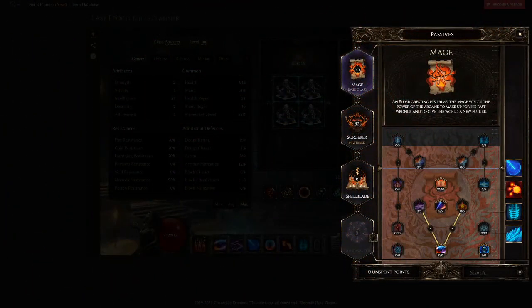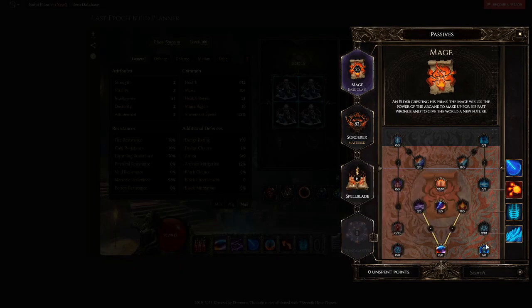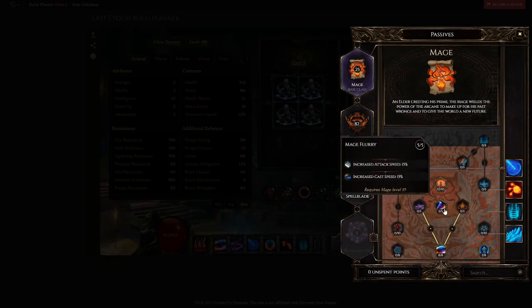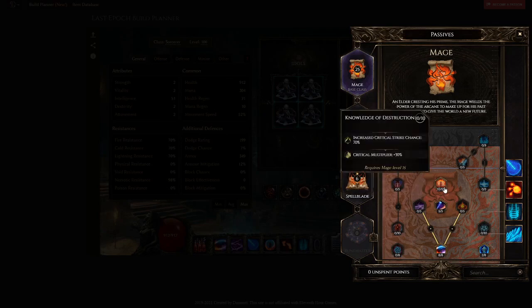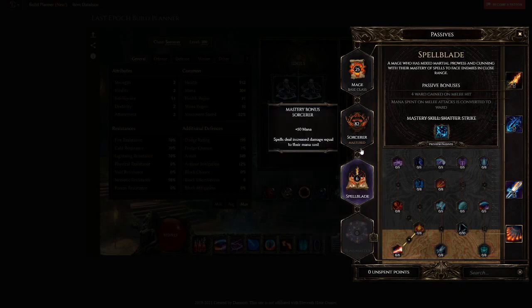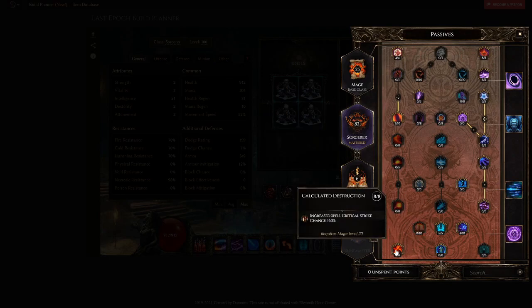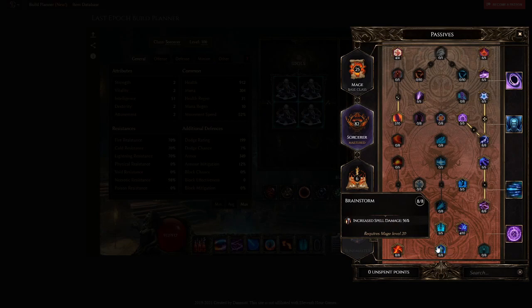And for the passives here, he grabs 8 points into Elementalist for increased damage, 2 points travel into Arcanist, 5 points into Mage Flurry for the cast speed, 10 points into the crit multi and crit chance, very strong, and 6 points into Elemental Affinity for increased damage, and Res is a very strong node for just 6 points, you get that much. Then for Sorcerer, he takes the 160% spell critical strike chance, 8 points into more spell damage,